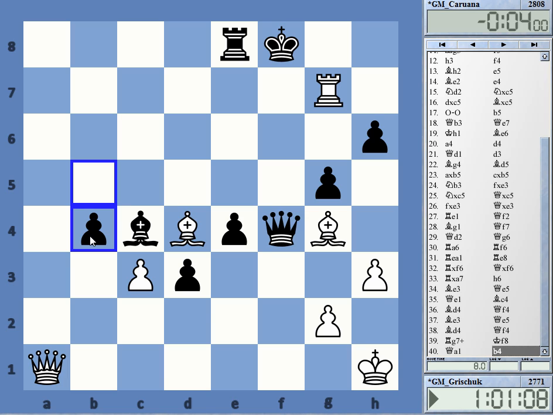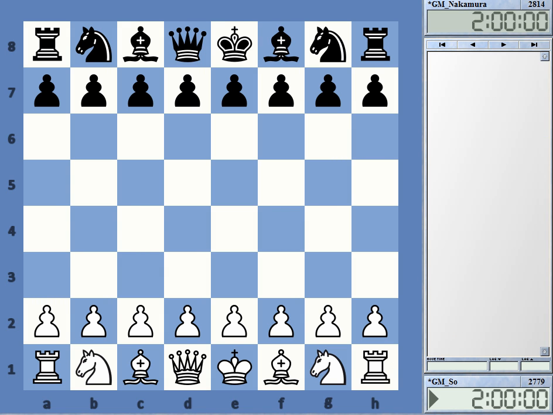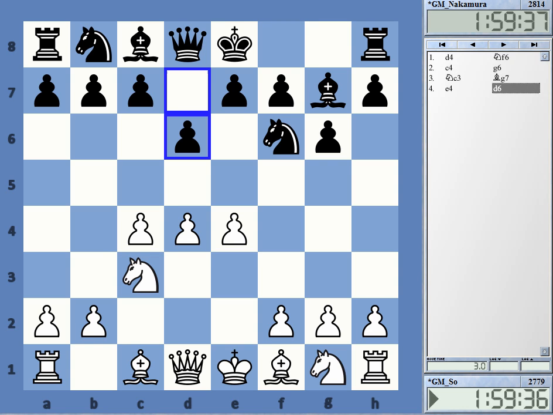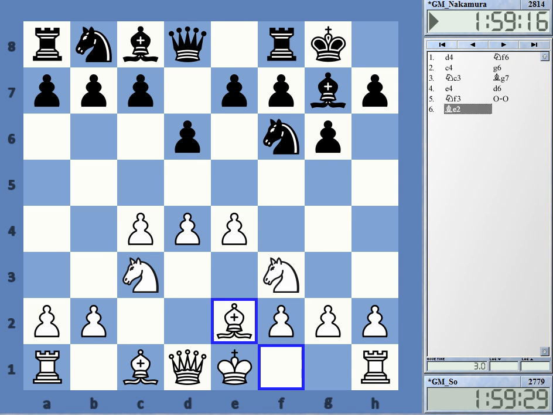Okay, now to the final game to cover, Wesley So against Nakamura. This is the main game and therefore the final game that I'm going to feature. It's not such a long game, but no, it is actually, in terms of moves, longer than I thought. Okay, let's get going. Most of this starts with a long theoretical line. We have a King's Indian,